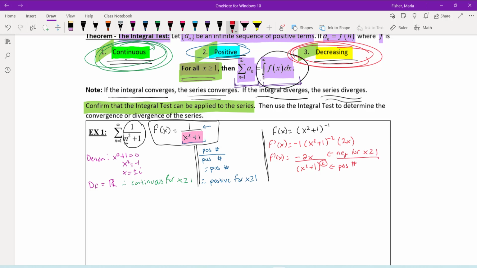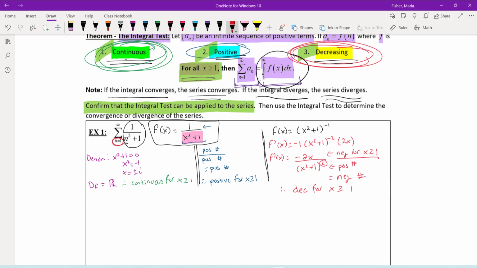Why? X is greater than or equal to 1 because our counter starts at 1, so I'm only looking for those x's that are greater than or equal to 1. Well, a negative divided by a positive is going to equal a negative number, which means that I am going to be decreasing for x's greater than or equal to 1. Why decreasing if we're negative? Again, remember, the derivative is slope,